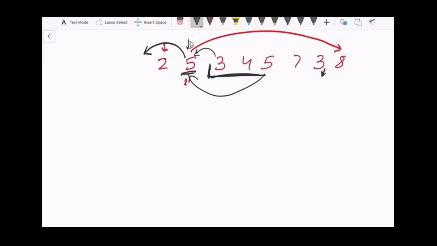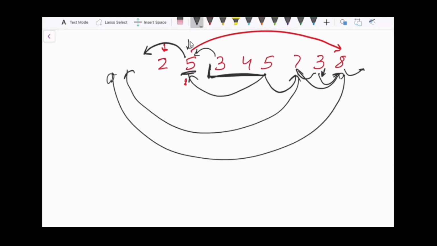And for this, the right pointer will be this. So it cannot go beyond that, because 7 is greater than 5. Again for 7, the right pointer will be 8. And the left pointer, we don't have any left pointer because I don't have any smaller element. And for 3, the left pointer will be 7, the right pointer will be 8. For 8, the right pointer will go out of the array, and similarly for the left pointer, because I don't have any element which is greater.